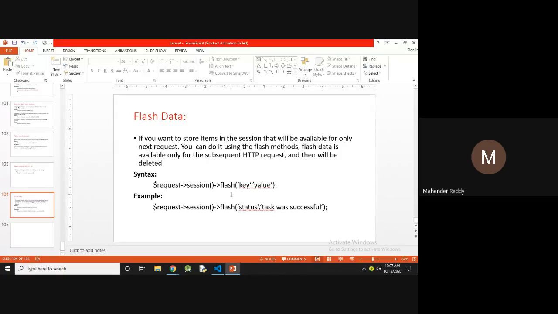Before clicking the submit button, if you want to save the session data, normally it will display the notifications after clicking the submit button. So after submit, if you want to show some status information, you have to create it before, and then you can use the flash method.